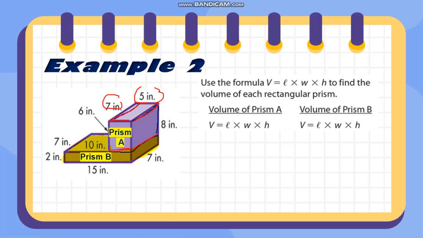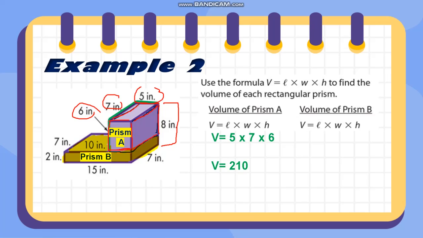And this is your height, so we're not going to use 8 inches because 8 inches is the height from here up to here, the combination of the two prisms. So from here up to here is the same thing here and here. And this measures 6 inches. So the volume of the first prism now is 5 multiplied by 7 multiplied by 6,